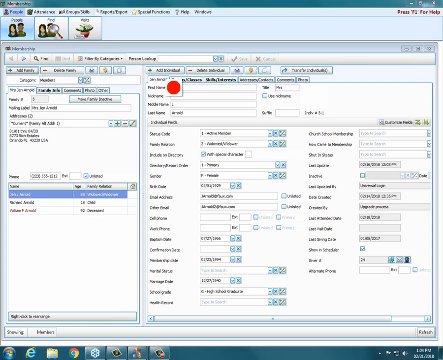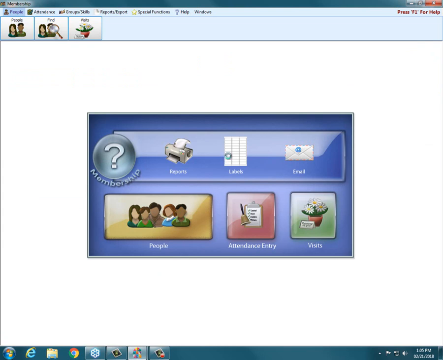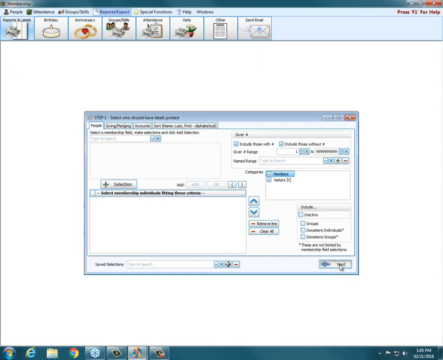If you ask for one per family and you have 5 people in a family who met your search criteria, then all 5 individual names would be on the label rather than one label with just the family name. So again, let me get my clicking tool back here. So again, if I go back to labels and hit next,